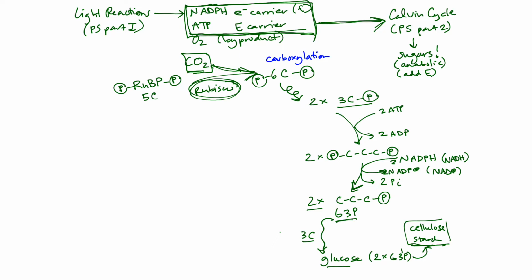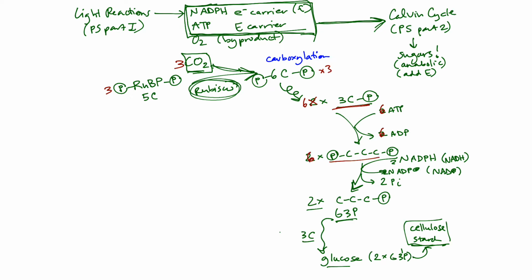Let's think about starting with 3 entering CO2 molecules. That means we're going to need 3 partners of RuBP. And we're going to make 3 molecules of this 6-carbon intermediate, but it will break down into 6 of these 3-carbon phosphorylated groups. We're going to need 6 ATPs, and 6 ADPs will be released when we produce 6 of